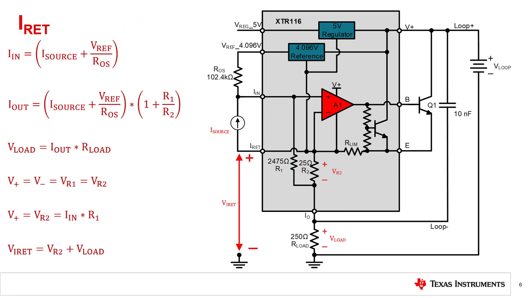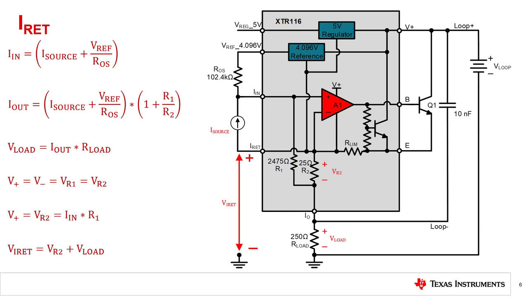As mentioned previously, an important thing to note when using 2-wire 4 to 20 milliamp transmitters is that the I-return signal can be used as a local ground, but the voltage on that pin needs to float. The regulator, reference, and input circuitry also float at the potential of I-return. I-return cannot be connected to the ground of V-loop or any other external power supplies on the sensor side. Depending on the currents in the device, the I-return node will have a varying voltage level. If this is grounded, the voltage level will not be able to fluctuate and provide the correct current outputs.